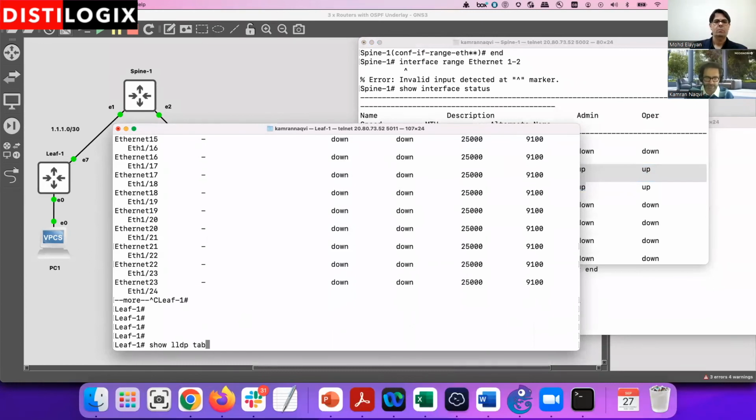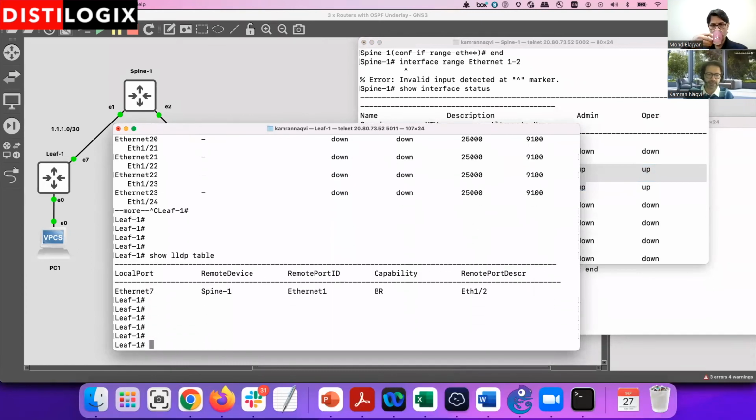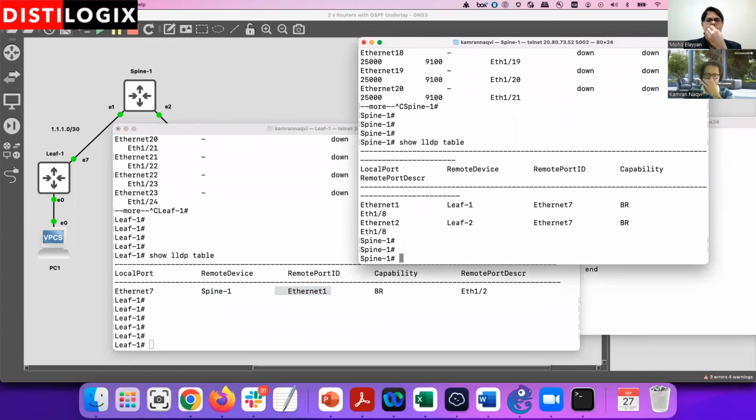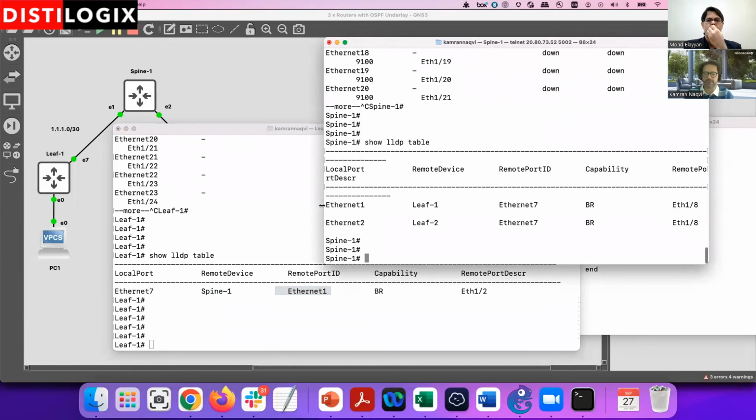Show LLDP table on leaf 1, and it does. It says my Ethernet 7 is connected to spine 1 and Ethernet 1 of spine 1. Leaf 1 Ethernet 7, Ethernet 1. So that looks good. We go to spine and do show LLDP table, and it can see two neighbors now,